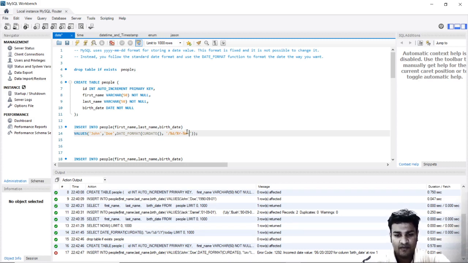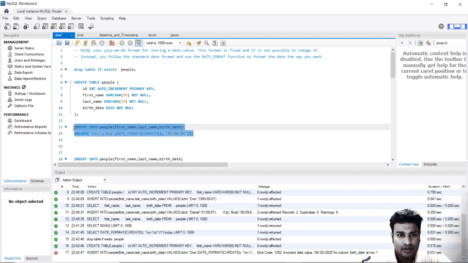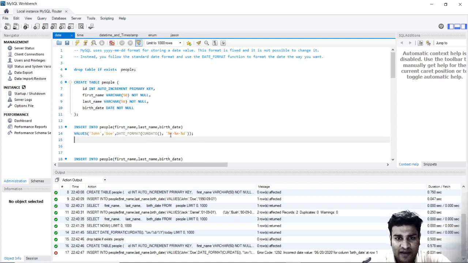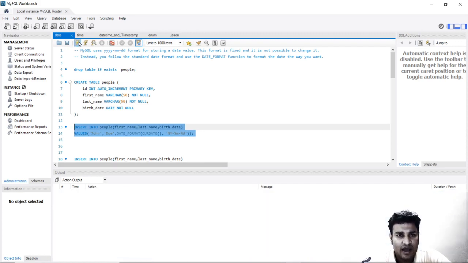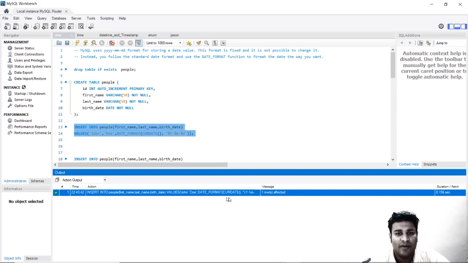Let me check if this works. I have done nothing except remove the slashes and put dashes instead, and now I am running this statement. And yes, you can see that now I am able to insert it.